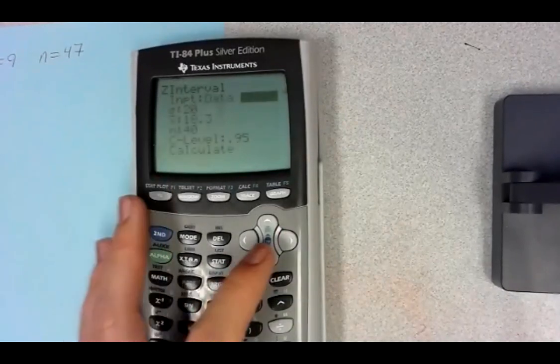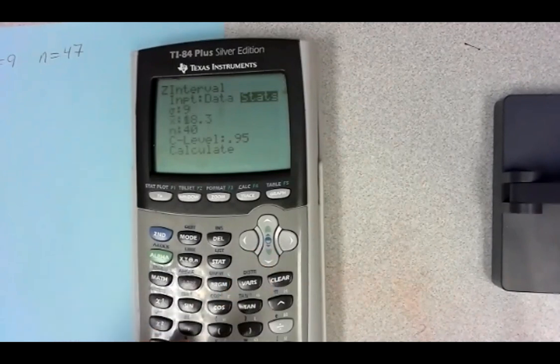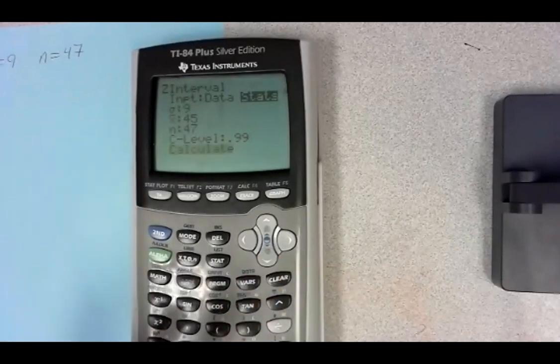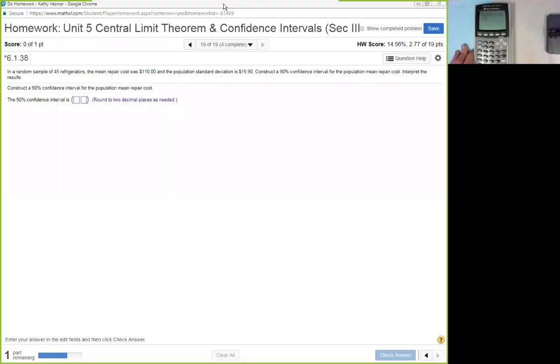We actually have some summary statistics. So we're going to enter it. Sigma is 9. X bar is 45, N is 47. Confidence level is 99%, and we're going to say calculate, and there it is. It's beautiful. It's that simple on the calculator. We're going to do one more, and then I think you're ready to get started practicing with central limit theorem